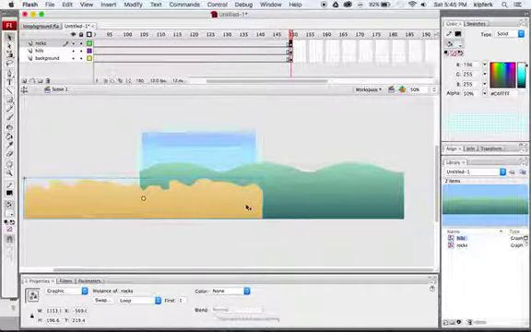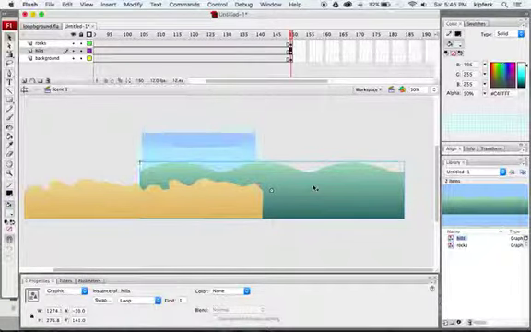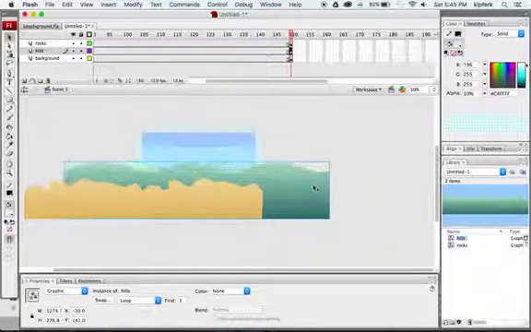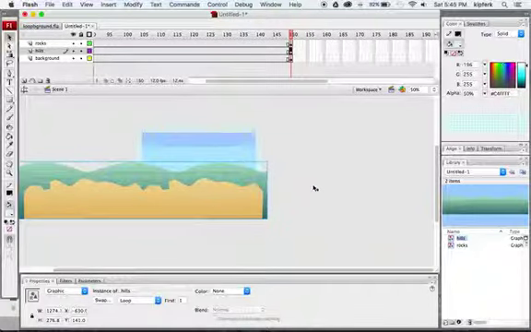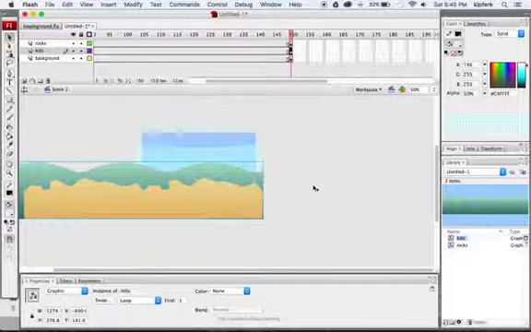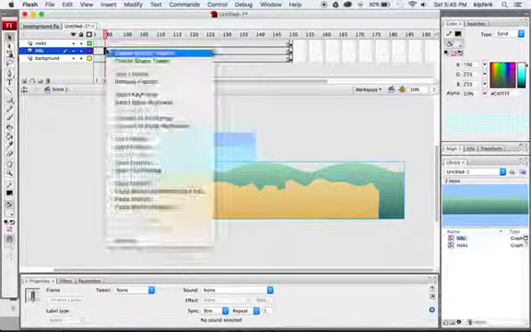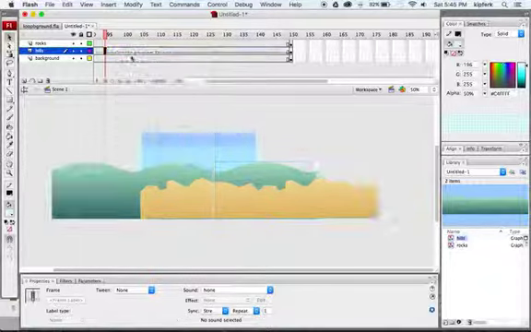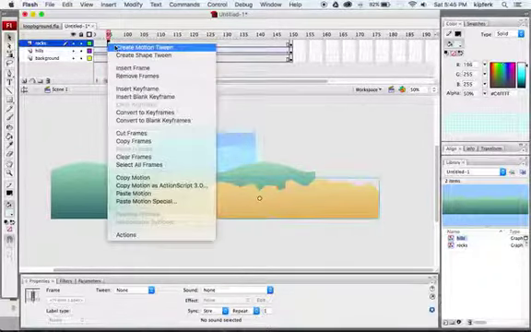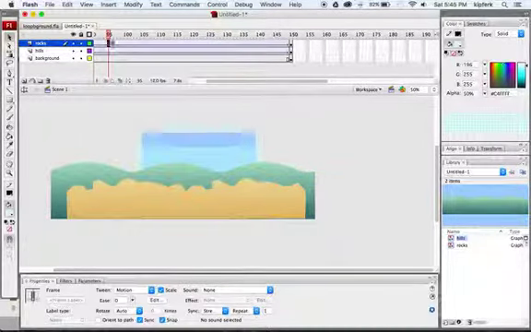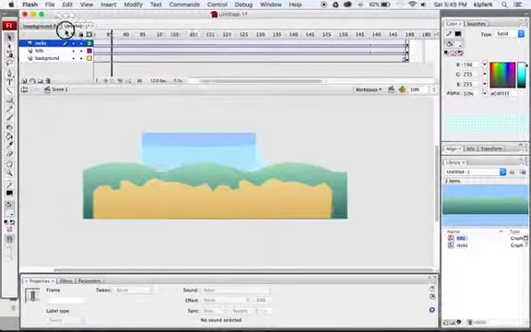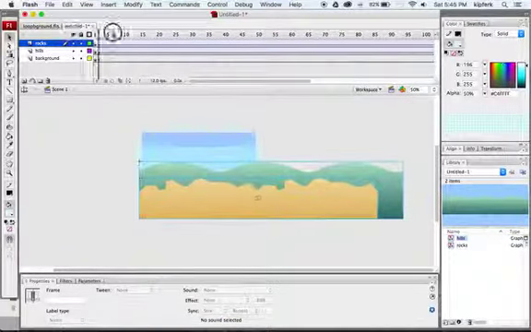I'm moving this over, and then I'm going to also take the hills layer and move this all the way over. Alright, and then what we'll do is go in between here and add motion tweens. Alright, now what we should see is